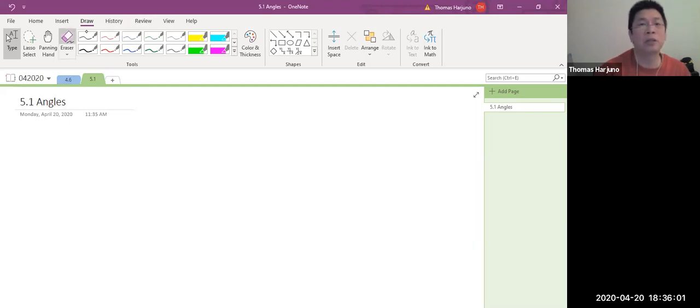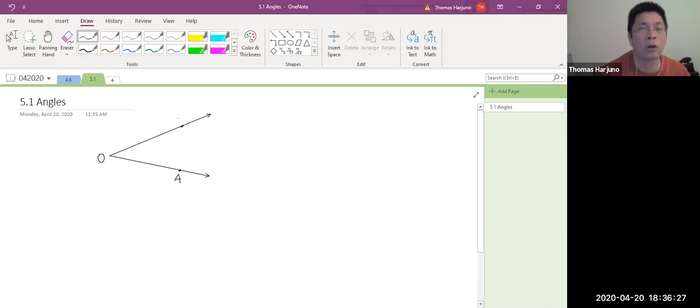My assumption is you come to this class with some background in geometry, so you know what an angle is. An angle is the opening formed by two rays with a common initial point. Let's say the common initial point here is O, and one ray is ray OA, the other ray is ray OB. Now this angle is called angle AOB,